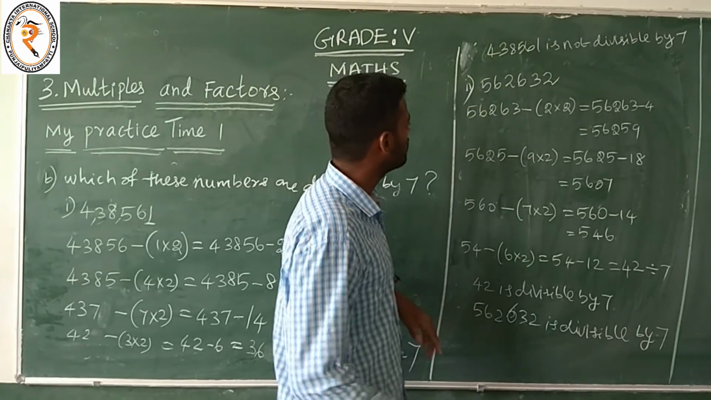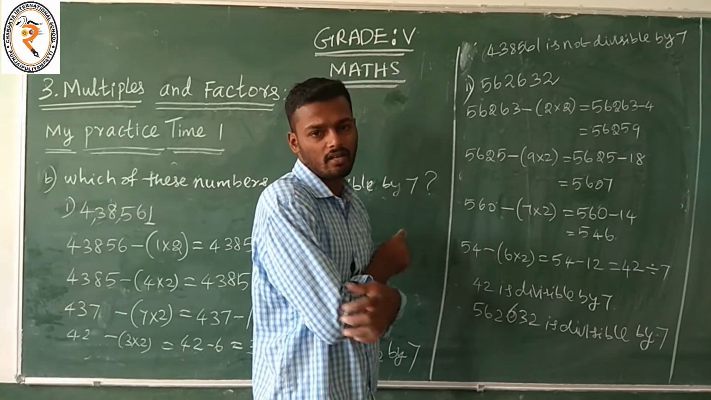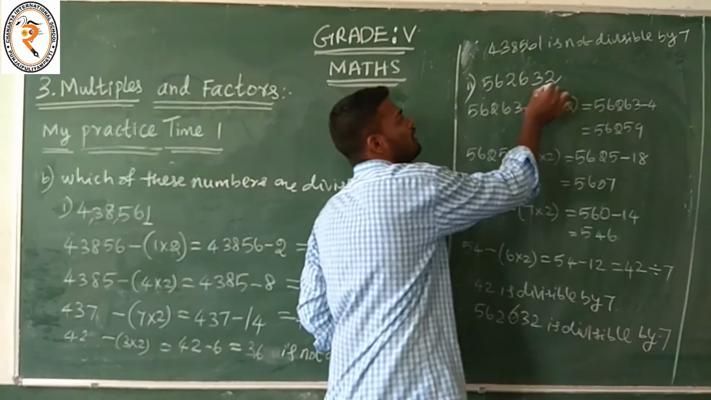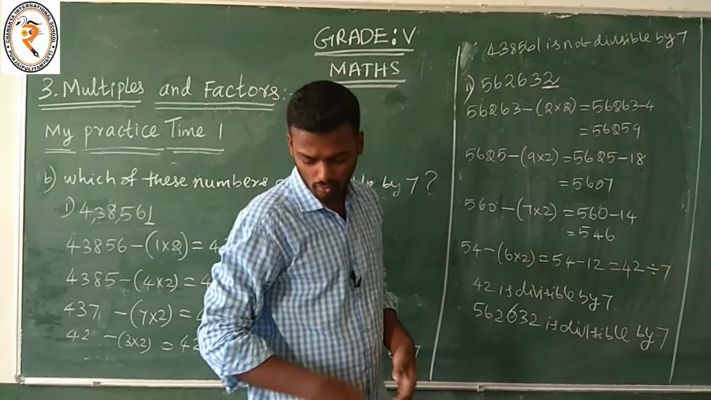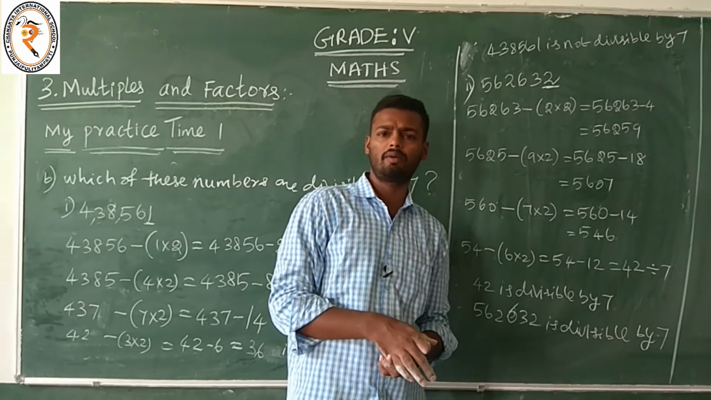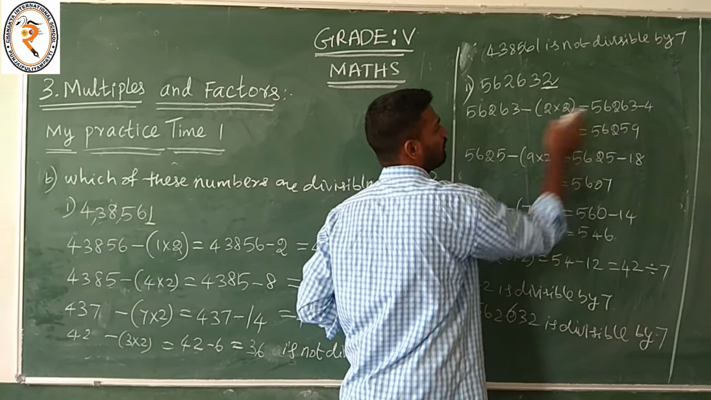And second question, is 5,62,632 divisible by 7 or not? First, we take the one's digit, which is 2. 2 is multiplied by 2, the answer is 4. Subtracting the two numbers, the answer is